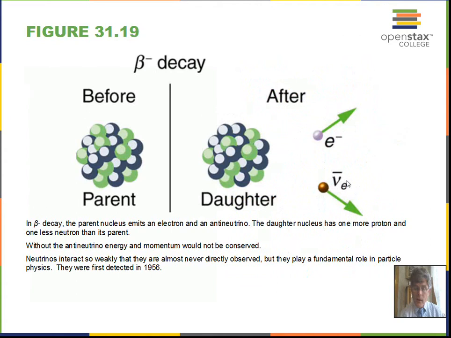We'll talk about antimatter in the future, but it's an antimatter neutrino that comes out of the electron, carrying off energy and momentum and rebalancing things so that conservation of momentum and energy is true here. So the neutrino was hypothesized in the 1930s, detected in 1956. They're very difficult to detect, but technology did advance, and by 1956 they could be measured,